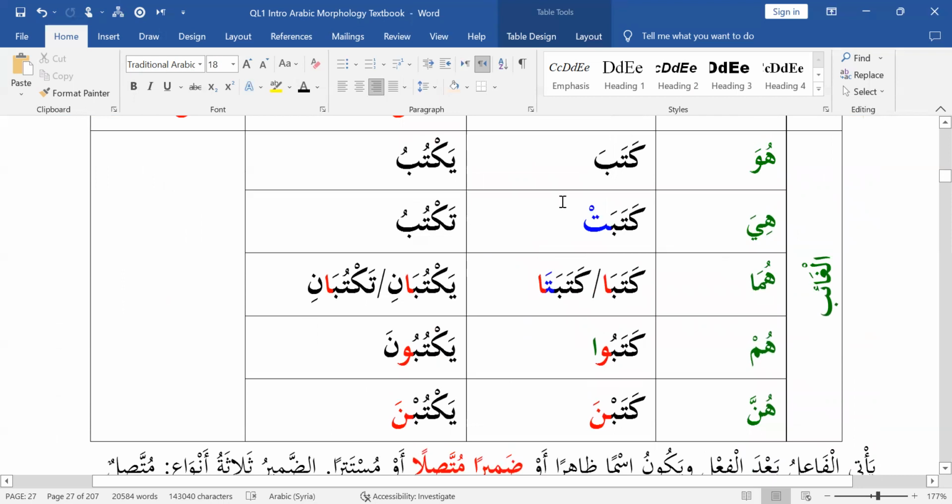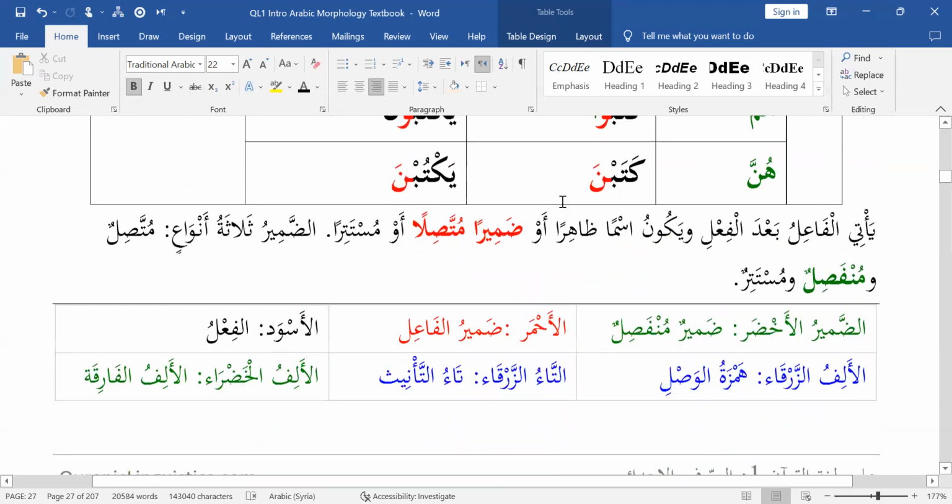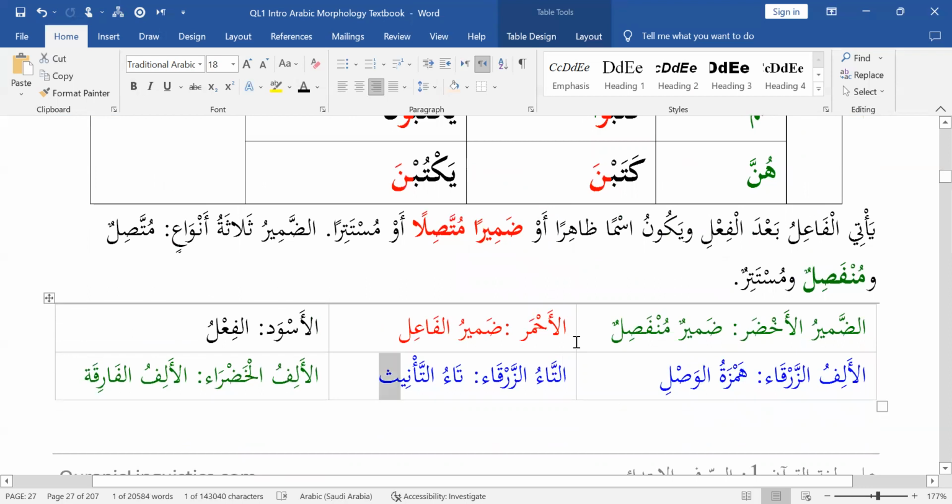The blue ta here, you see this blue ta is ta'u ta'nif, and it only appears in al-madi twice. Once with katabat, once with katabata. So this ta, when it's attached to the fi'l, it's basically saying the fa'il is feminine. And that's called ta'u ta'nif, the feminine ta. Al-aswad,